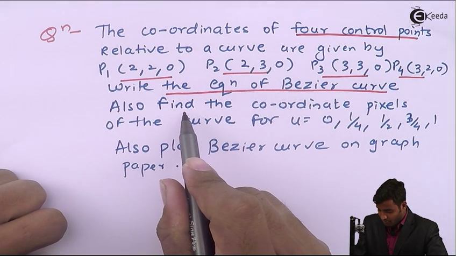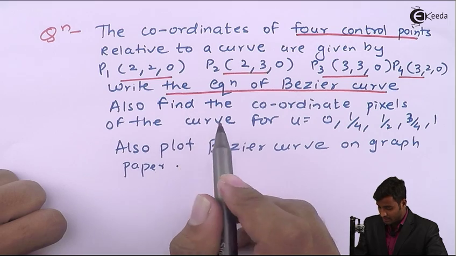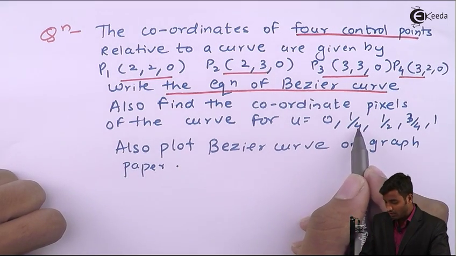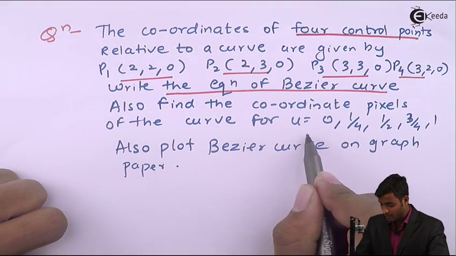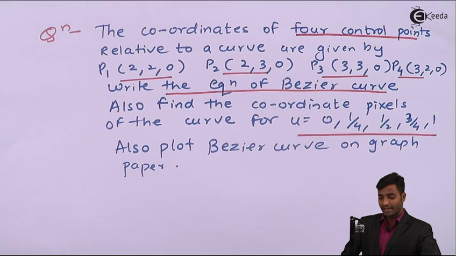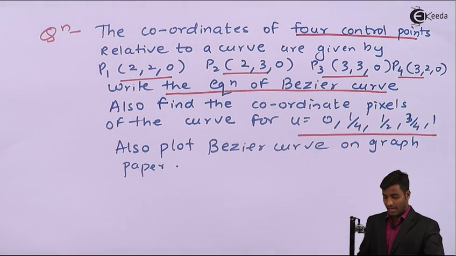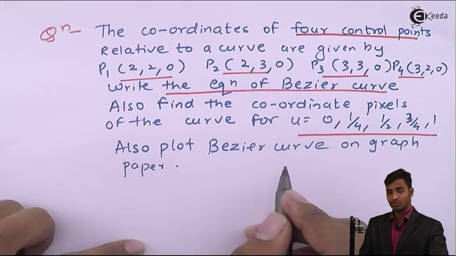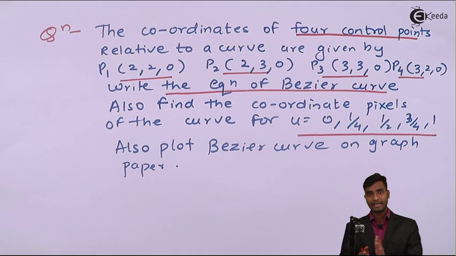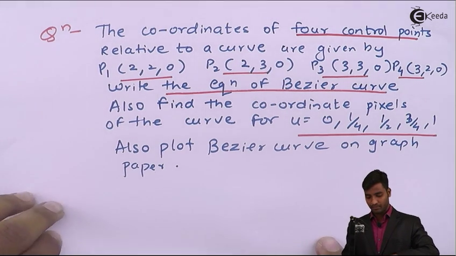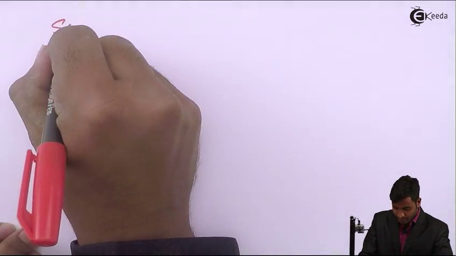Second, we have to find coordinate pixels of the curve for u equal to 0, 1 by 4, 1 by 2, 3 by 4 and 1. So here we have to find coordinates of pixels. And lastly, plot Bezier curve on a graph. So we have to plot the Bezier curve on a graph. So now let's start the problem. So the solution,